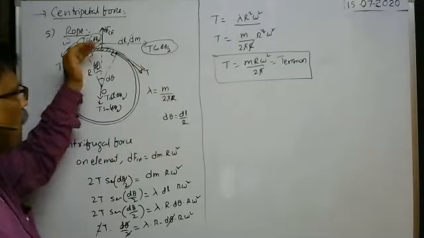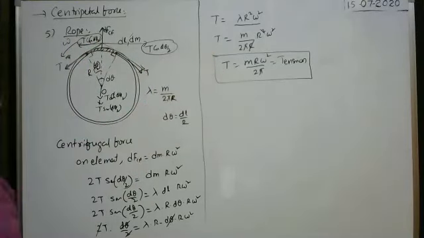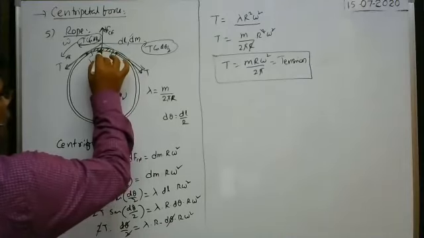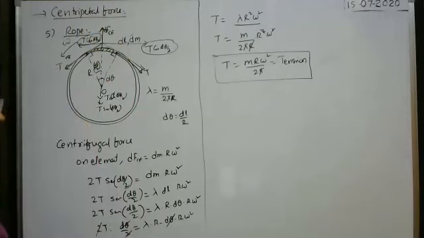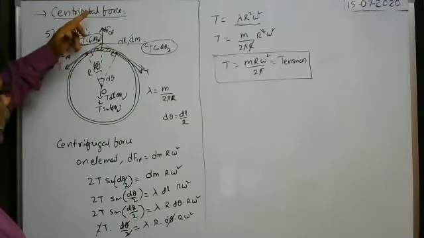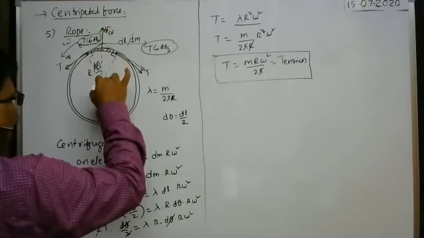But the normal reaction exerted by the pipe on the water, how much is it? That means N we have to obtain. Same concept. Suppose this is the water element. Centrifugal force acts on the water element in this direction. Normal reaction is along this direction.